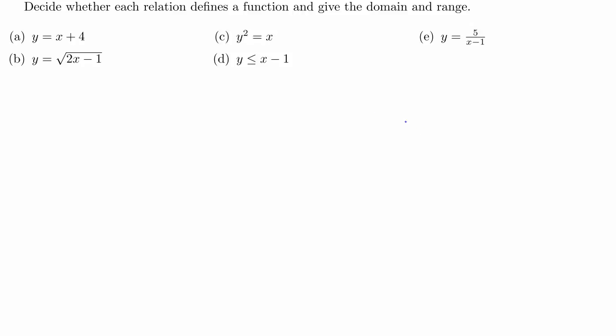Now let's look at B for an example of this. B doesn't tell me what the domain should be. Therefore, I start with assuming that it is all real numbers, in other words, negative infinity to infinity. However, because it's an even radical, in other words, a square root in this case, I can't use every number in the real number